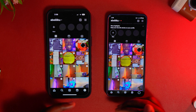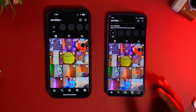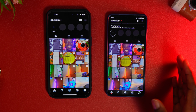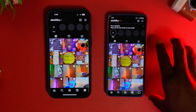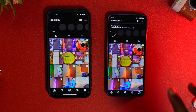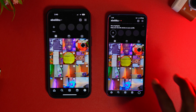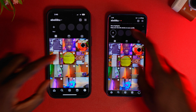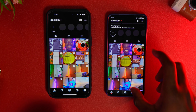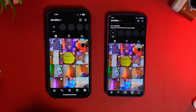But I get to say that sometimes tech people make a lot of statements that the iPhone is more optimized for apps and this and that. Some of these things are just blanket statements that people make without taking their time to test the apps and see the overall experience. If you just open apps and this and that, it doesn't mean anything. But if you look at the way these things are optimized, the way in which they are arranged over here, you can see that the Galaxy, which in spite of having a smaller screen than the iPhone, which has 6.7